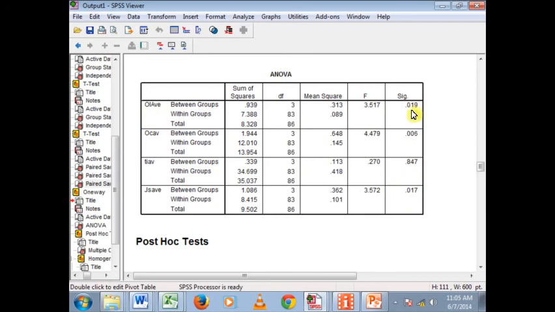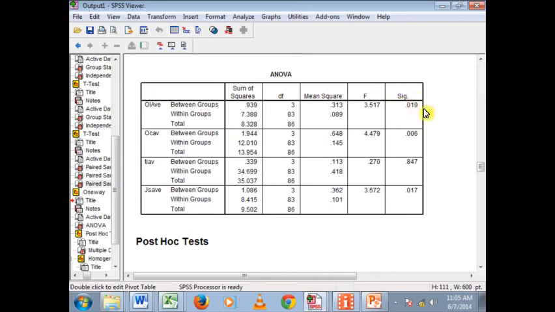The indicator is if the value is less than the magic 0.05 value of P,